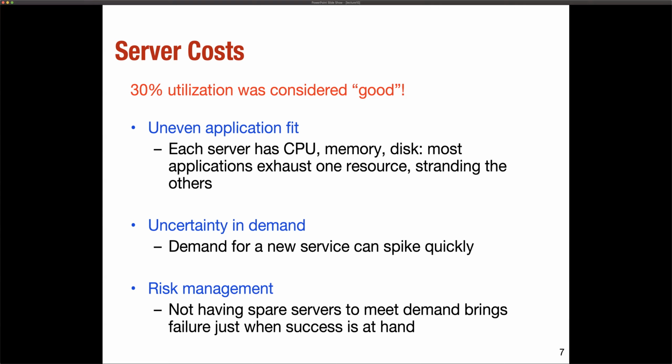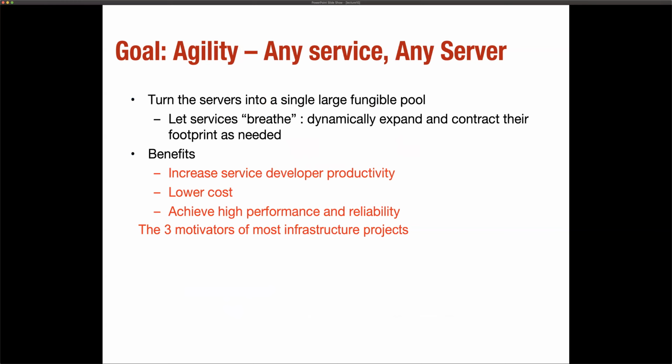So this does not sound like an ideal case and does not sound like how data centers are designed currently. The data center design goal is typically that we should have as much agility as possible, right? So the mapping should be any service can be mapped to any server in the data center, right? And in some sense, if you look at it from the abstraction perspective, what it translates to is